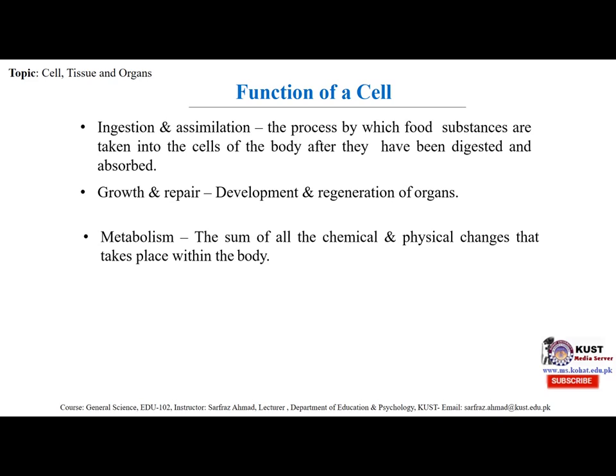And moreover, there is a use in energy production. Cells require energy to carry out various chemical processes, and this energy is produced by the cells through the process called photosynthesis in plants and respiration in animals. And also it aids in reproduction. This is also one of the functions of cells, that a cell aids in reproduction through the processes called mitosis